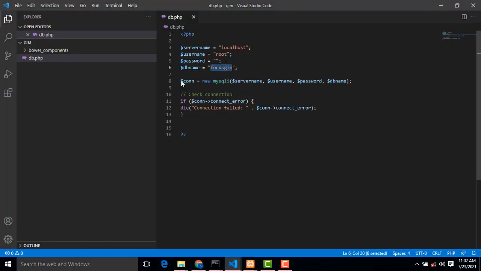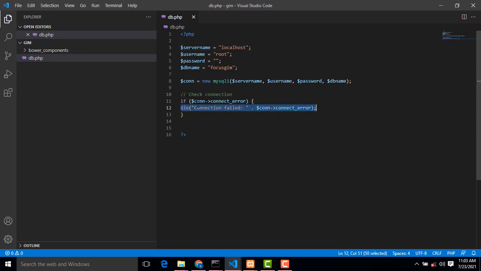After that I have created the variable connection equal to new mysqli. Here I am going to check the connection with the server name, localhost, username, password, and DB name. If all these four things are correct, now we have to check the connection. If there is a connect error, there may be a problem with localhost or with the connectivity. It may be wrong with the database name or something else, and you will get the error of connection failed.